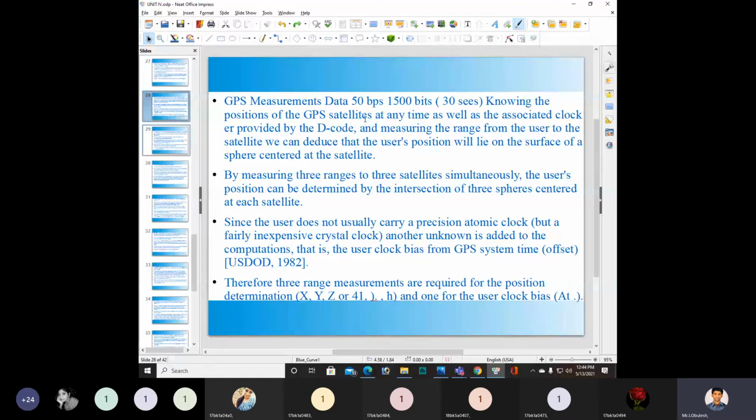Therefore, three range measurements are required for the position determination X, Y, Z, and one for the user clock bias.